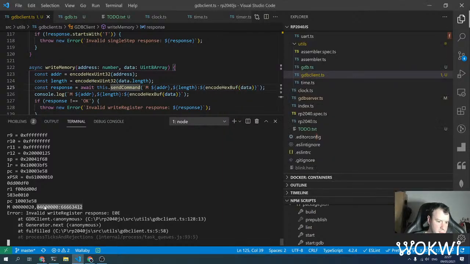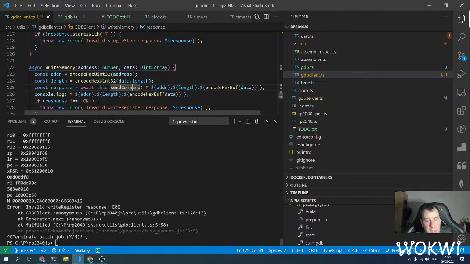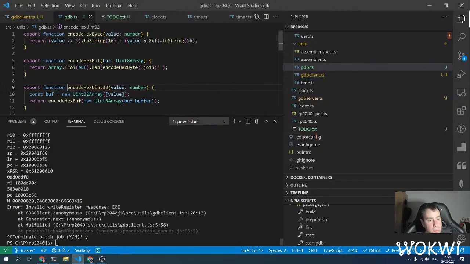We are swapping the address and the lengths, or yeah, I think we are encoding them as little endian, which we shouldn't do. Why do we do that? Why is it like first? Shouldn't be. Yeah, E0E, which means error. All right, let's. Yeah, this is little endian encoding, so maybe we should have